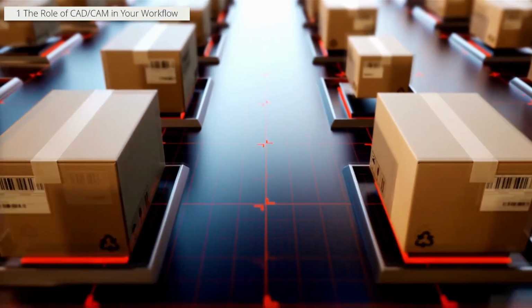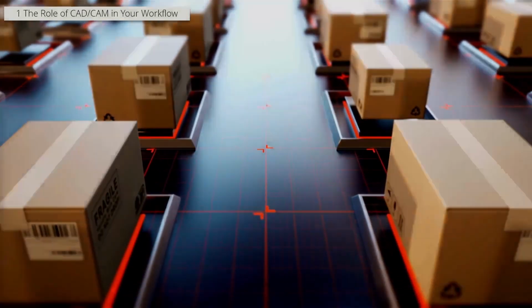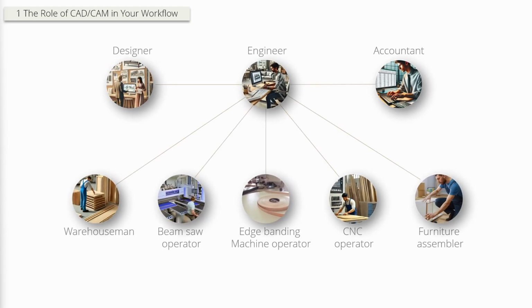So now when we are on the same page in terms of what is happening, we can speak about what we can do in order to improve all that workflow. Let's start from the participant of those workflows. In the mass production or custom furniture, everything starts from the designer in both cases. The designer sends the data to the engineer, and when the engineer receives this data, it can be used to produce the data for warehouse mount, beam saw operator, edge bending machine operator, CNC operator, furniture assembler, and of course